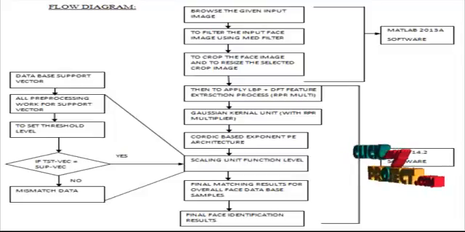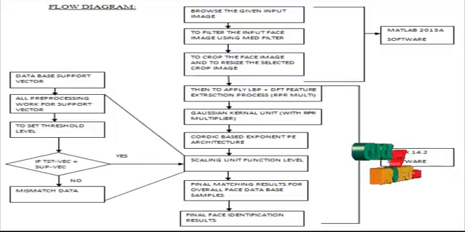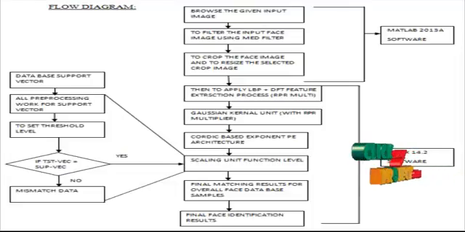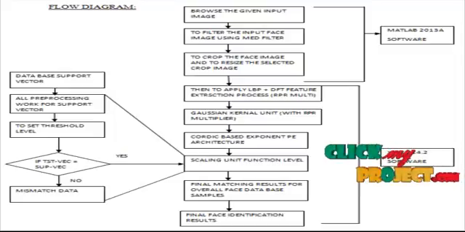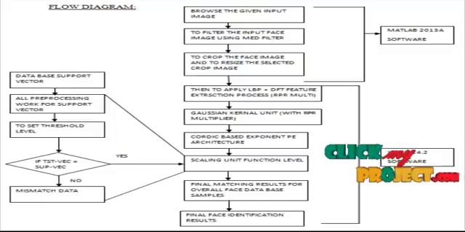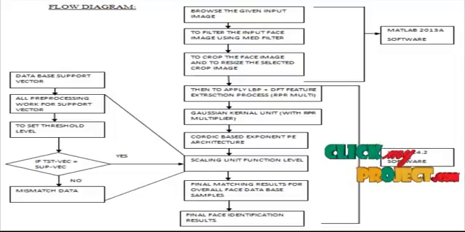This scaling unit function identifies the overall database support vectors and the given selected test vectors, and processes all of them the same way as the overall database support vectors, and applies the Xilinx software. Then we set the threshold value for the overall support vectors and the test vectors. Then if the test vector and support vector equal the minimum values, the condition is yes or no, and the no process analyzes another section. For yes, we identify the next level,